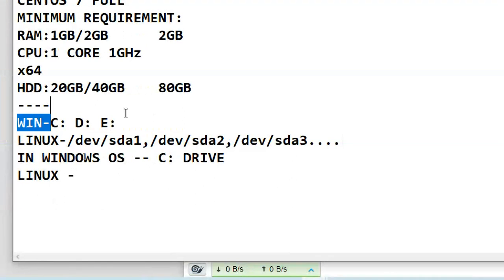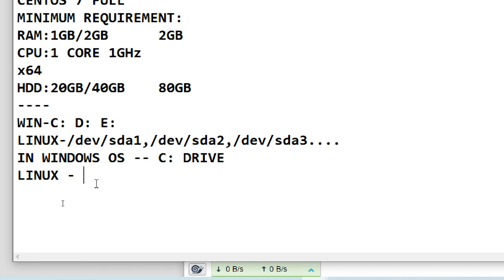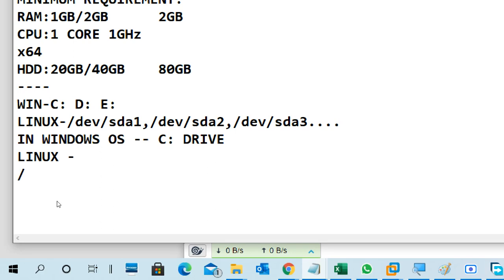In Windows we have a C drive and D drive, and we install the entire operating system into the C drive only. In general, we install into one single drive. In Linux it is not like that; we can install it, but a different file system architecture is there. A slash means all files, the entire directory structure is under a single slash only. Under slash we have /boot, which holds all the bootable files.